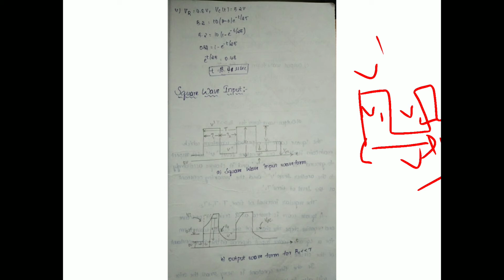Let us calculate the expressions for the low pass filter when the time constants are changed. Derivation for the square wave signal when it is applied to the low pass filter. From the rising portion of the circuit, this is the square wave signal, this is the rising portion and this is the falling portion, V dash, V01 and V02.